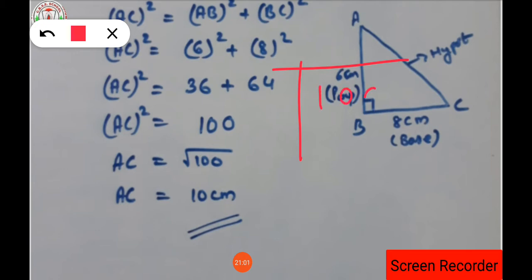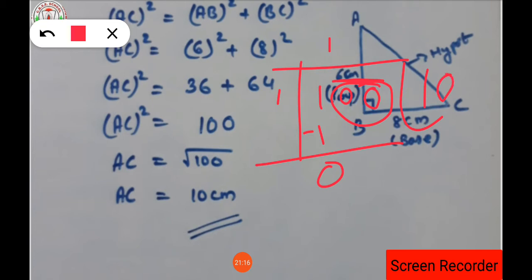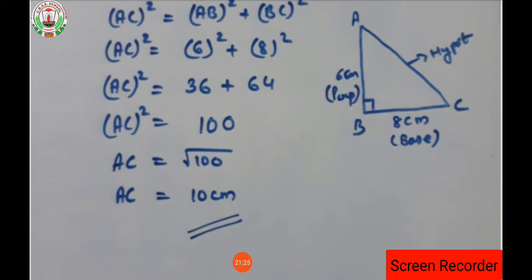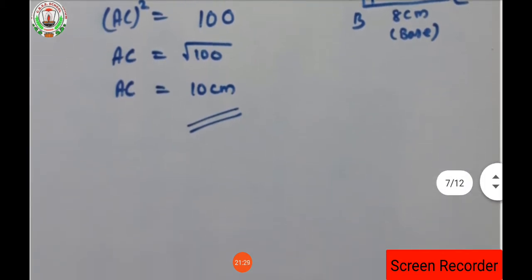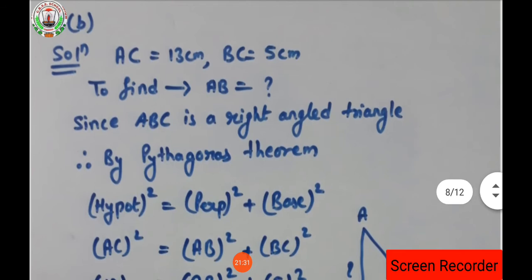Okay, so 100 will be written making the pair from the right hand side. So we have to think of a number. That number will be 1 itself, isn't it? So 1 will be subtracted. We will get 0 here, isn't it? So here 0 is there. So among the two 0s, one will be taken. So here what is the square root of 100 we are getting? This 10. So by prime factorization or by long division method, you can find the value of this. Clear?